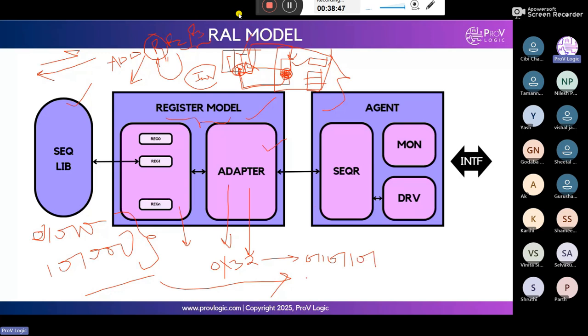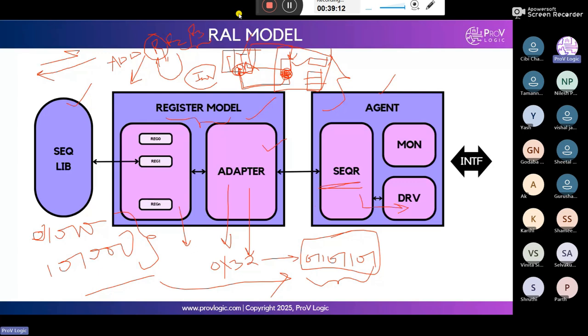This binary value will be transmitted to the driver through the adapter. So this register sequence will be converted to the bus transaction that will be sent to the agent. In the agent, there will be a sequencer. The sequencer gets the data from the adapter and sends the data to the DUT.